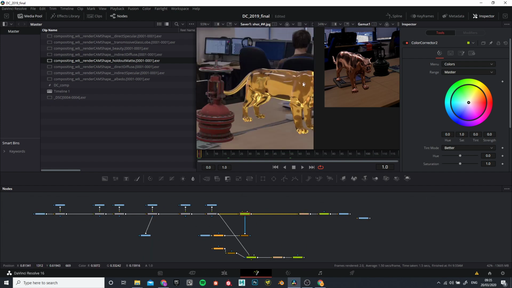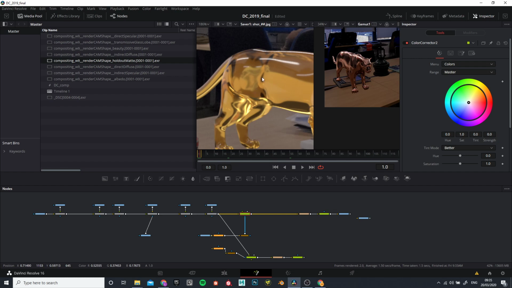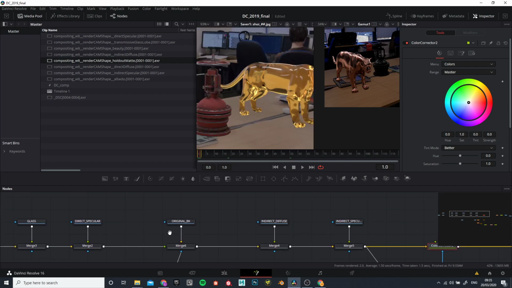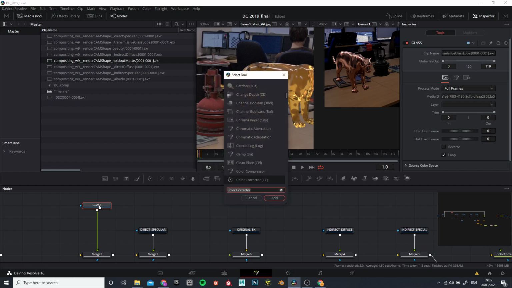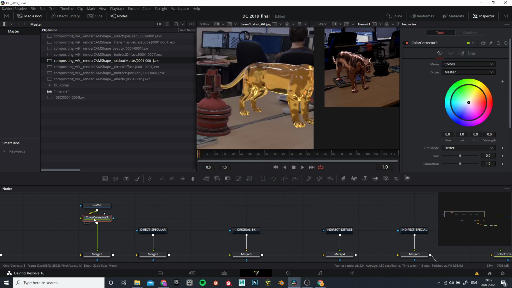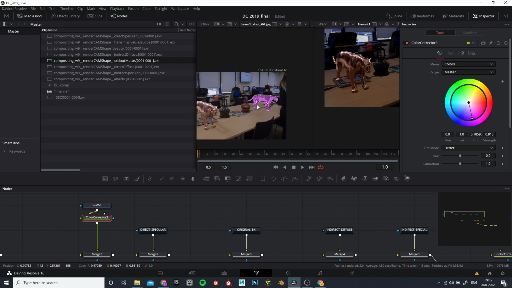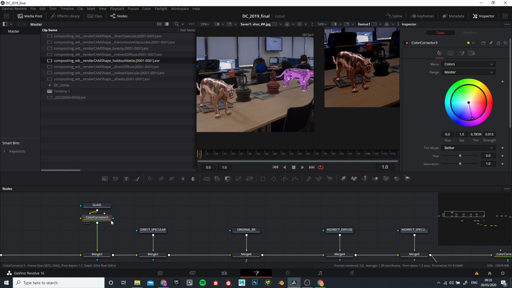guy is a little bit too red. I can probably color correct this glass. I can go here into, for example, the glass, and on the glass I can put a color corrector. You see, the glass I can make it, I don't know, green. You see, I can make it blue. Make it reddish. I can change the color of things, so you see you can make it, I don't know, purplish. You see I just changed the whole color of just the glass because I did it only on